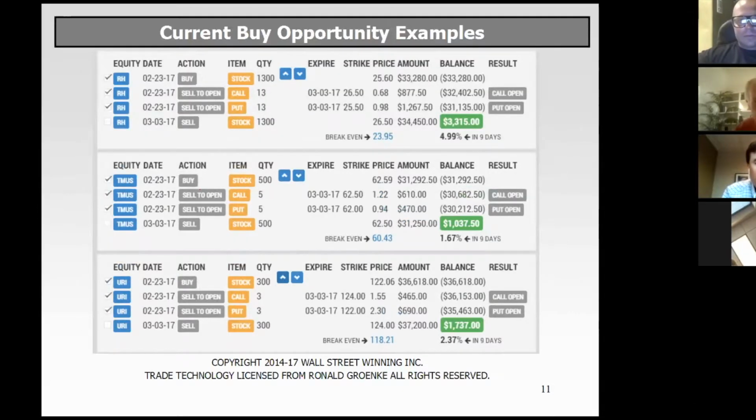Here's 3 more. RH, I think that's Restoration Hardware. Look at that return, 5% in 9 days. Right here, it picked the 26.50 call because based on the premium and the direction of what's happening with the stock, again, it's a weekly, goes out to the 3rd. So it's, again, that short time frame. TMUS, same thing there, 50-cent increments going out right at the money on the call, 1.6%, and then URI